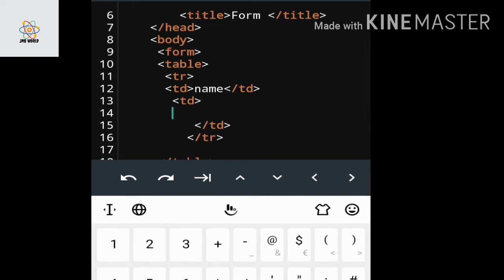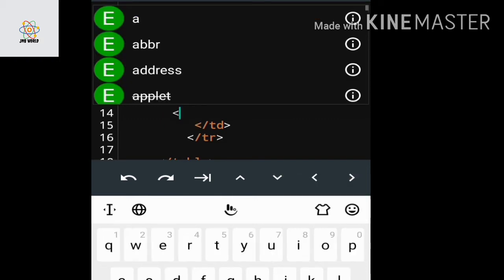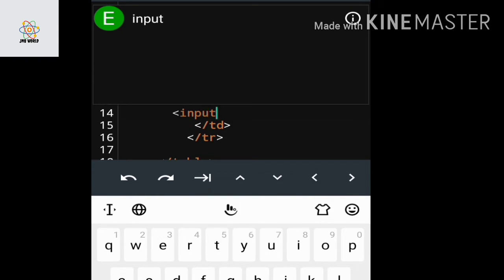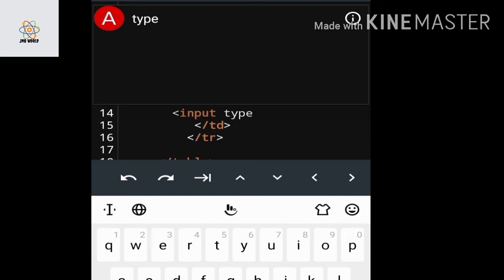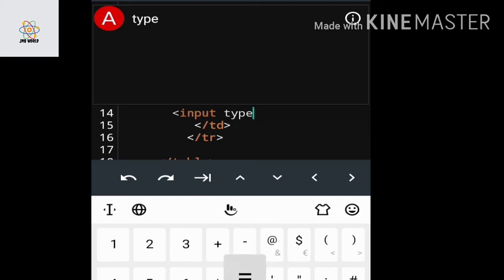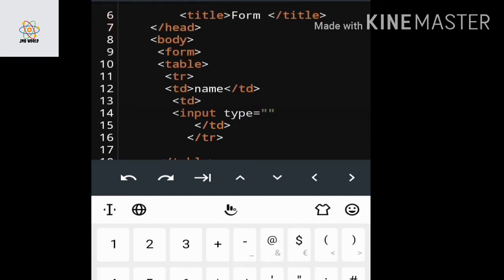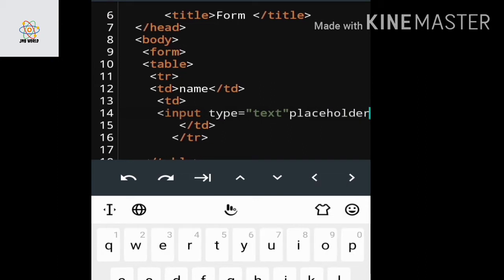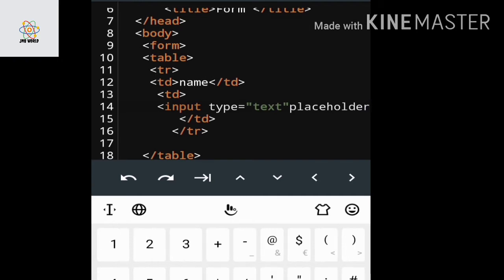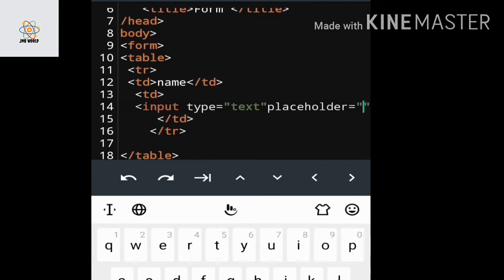To create a text box for entering the name, I have to use the input tag, and then I have to write the type attribute. Within this type attribute I have to write which type of value I have to enter. So I have to enter the text type of value. Now the placeholder, where I have to enter the value, will display this value, name.